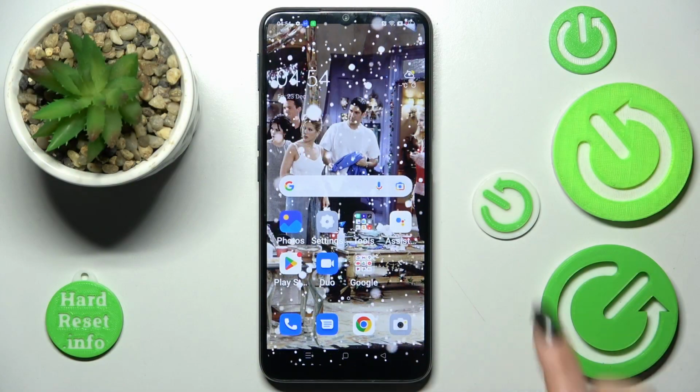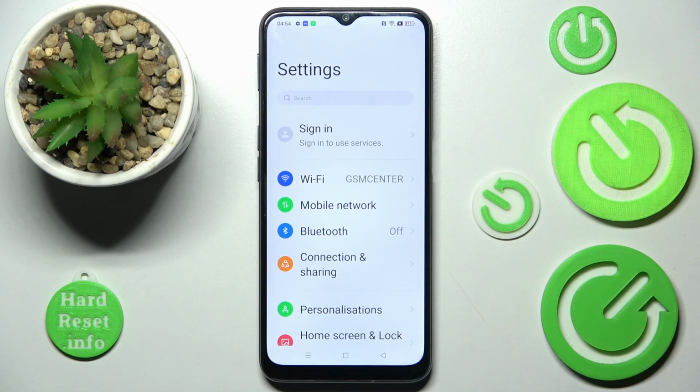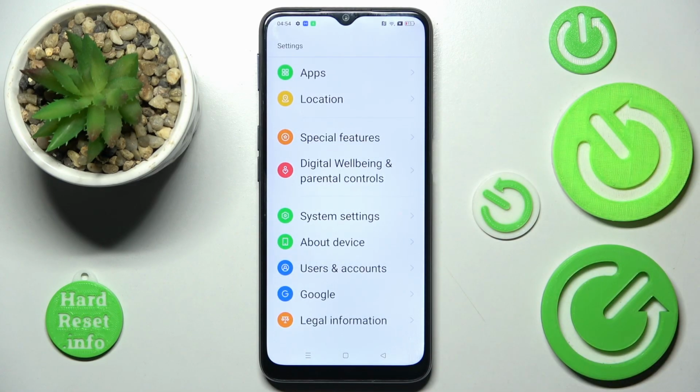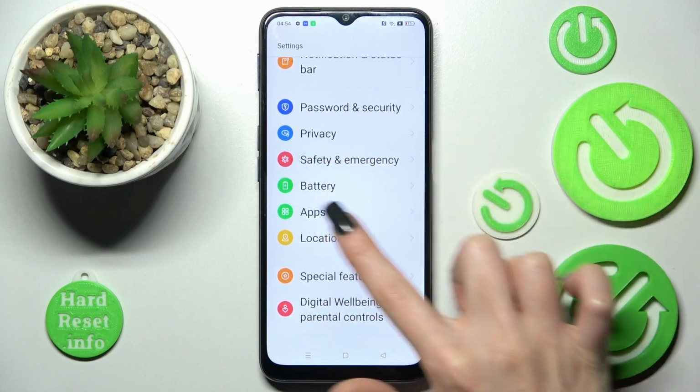Firstly, you need to access settings and scroll down. Now click on battery section over here